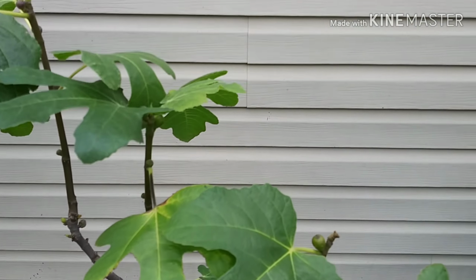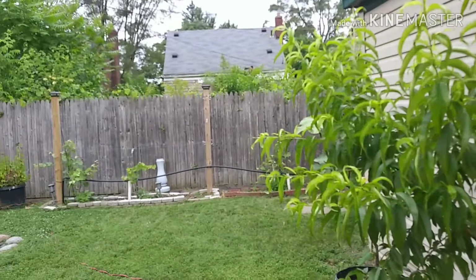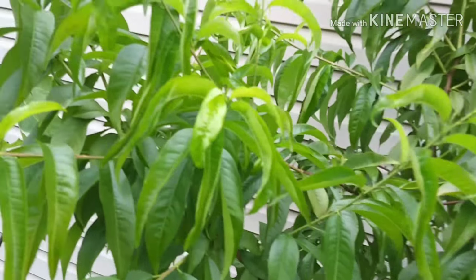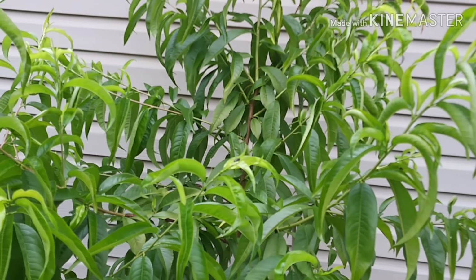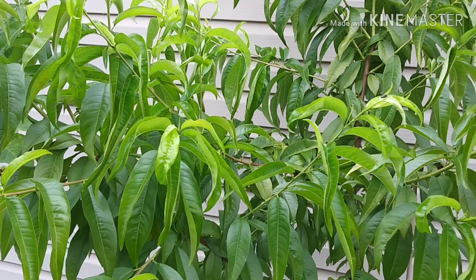So hopefully I'll be getting some fruit from this one this year. This is my peach tree, Red Haven, that does really well in my area. My Contender was supposed to, but it didn't. It died back. But the peach tree is doing well. I'm not expecting any peaches. I'm just trying to get the growth